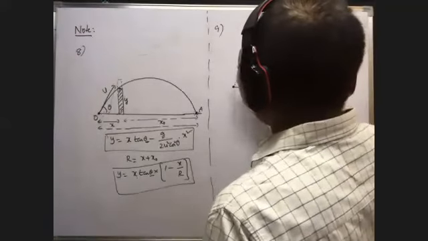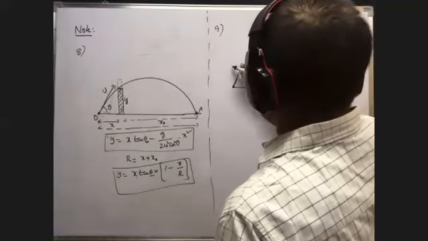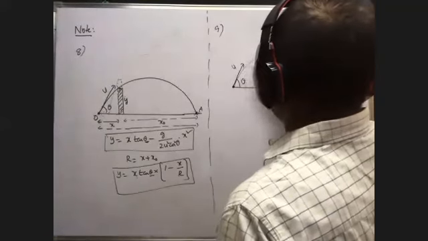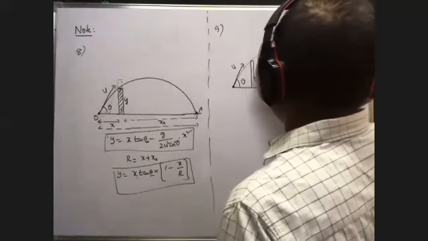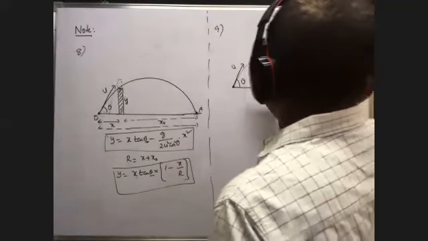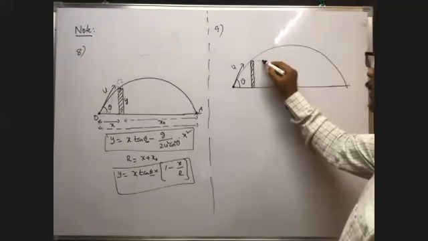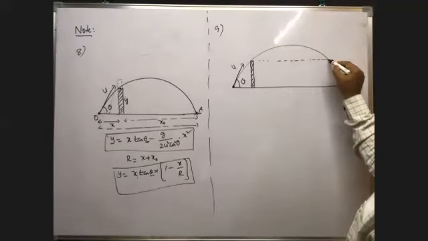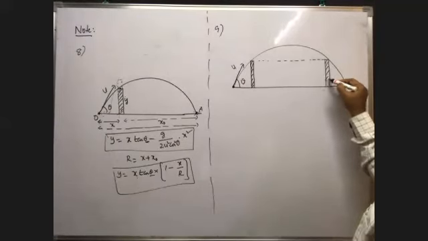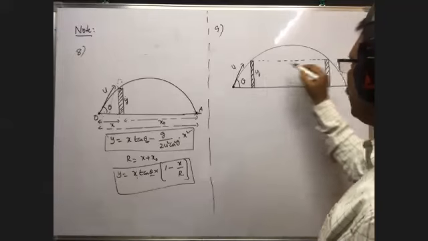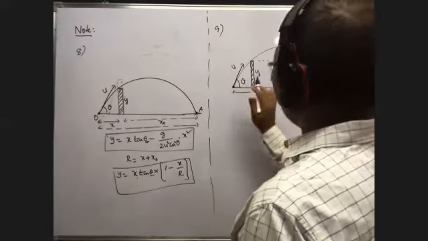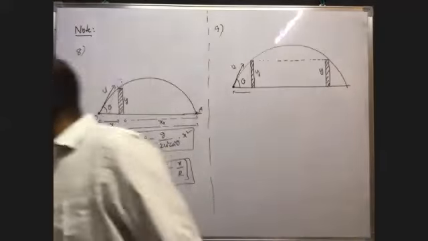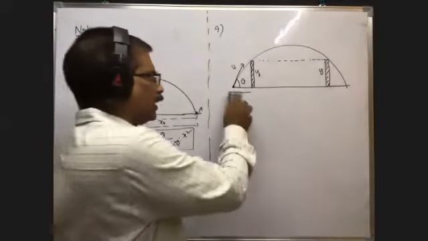Here, from this point, one projectile is thrown with a velocity u at an angle of projection theta. There are two walls kept symmetrically. This is one wall. Here, symmetrically, there is another wall. Both have the same height. Here, there are two walls kept symmetrically, each of height small h.